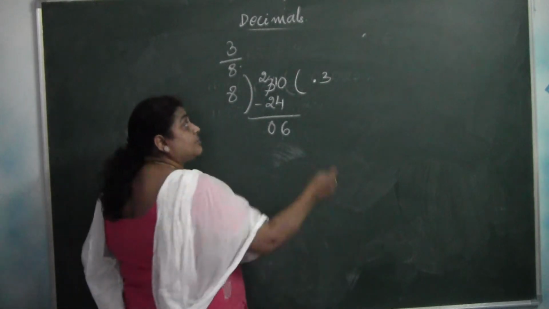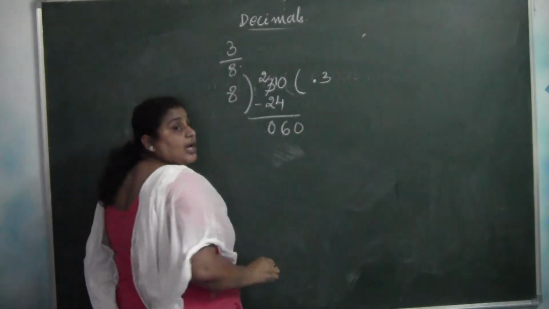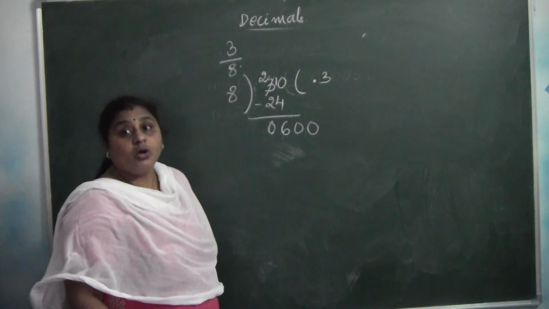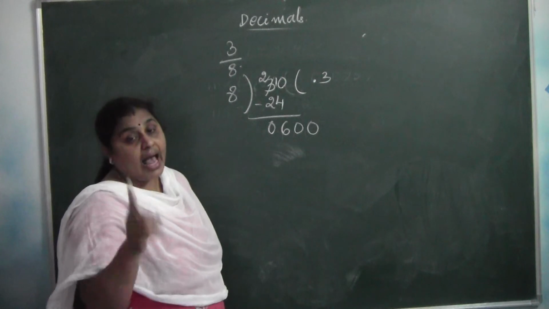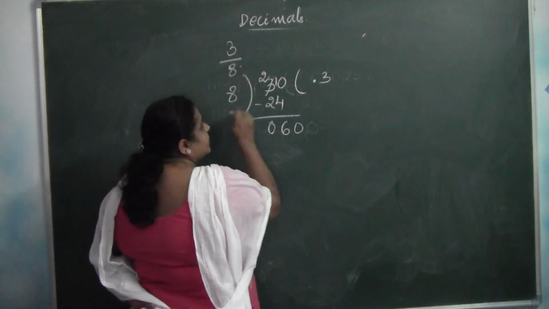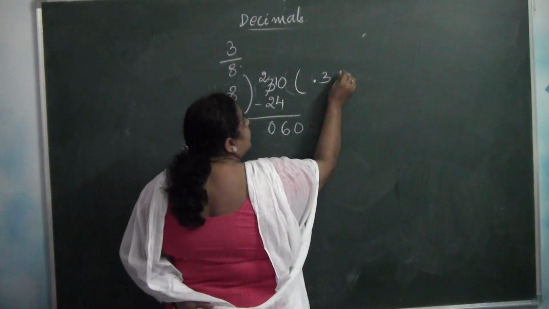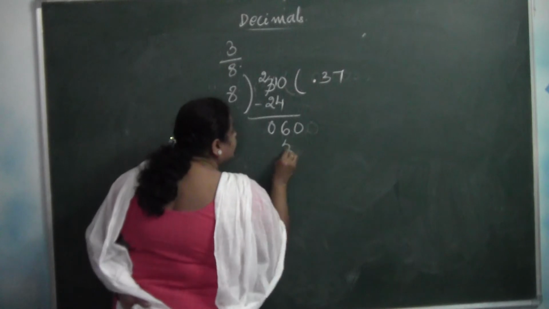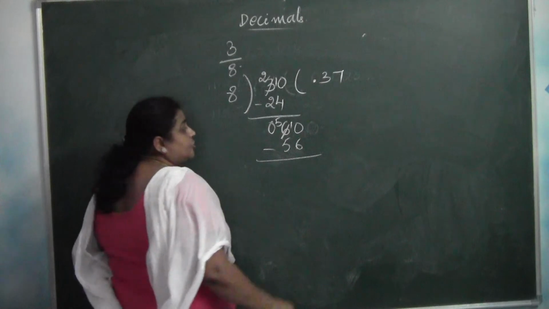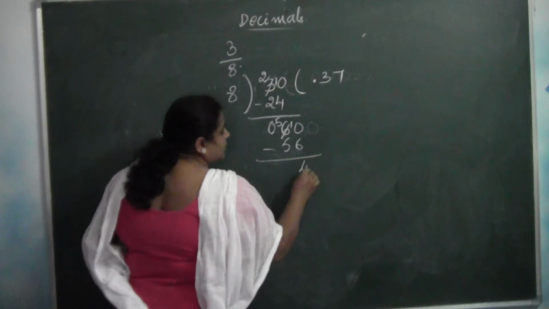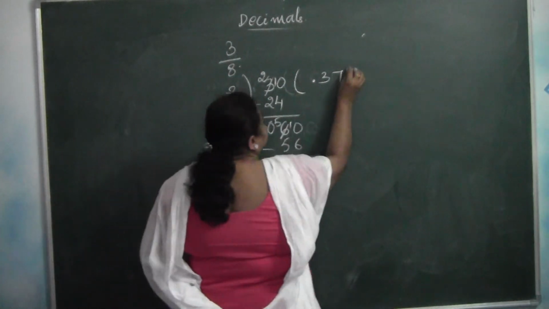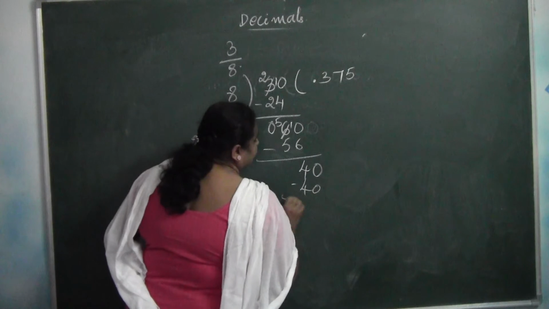Already I have written a decimal point in the quotient. I can add another 0, but I cannot add another 0 over here. Only 1 zero can be added, but not 2. Now for 16, the nearest number in 8: 8 6s are 48, 8 7s are 56. Come on, 6 changes to 5, 0 changes to 10. Now 10 minus 6, 4. Already placed a decimal, I can add another 0. 8 5s are 40. That is 0.